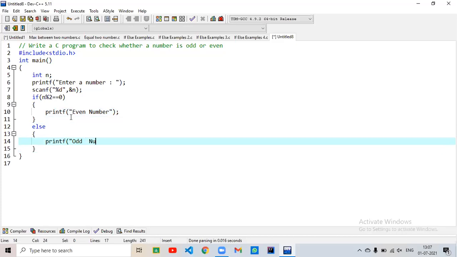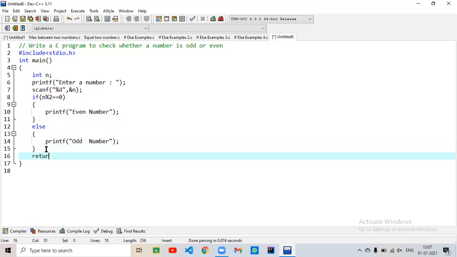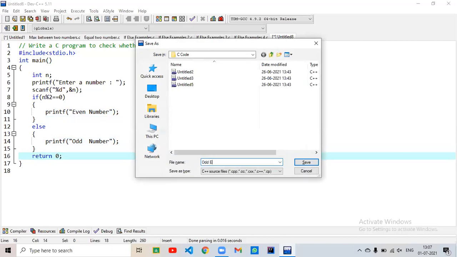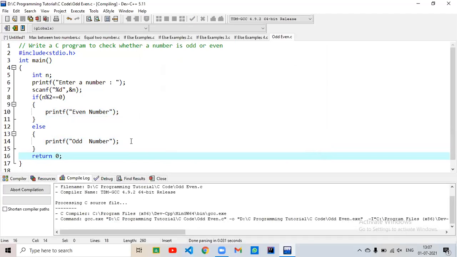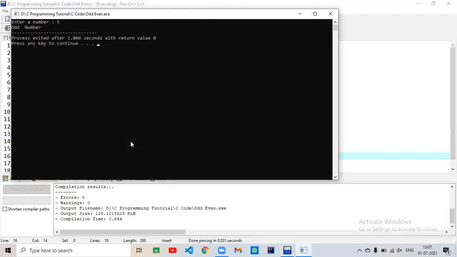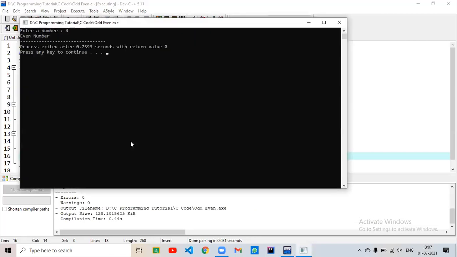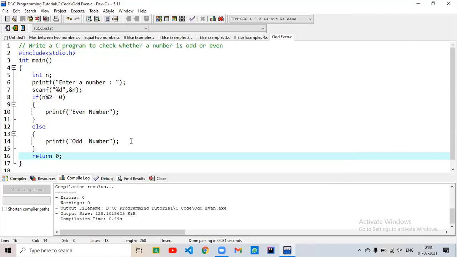Simple. Got it? Now run. 5 is odd and 4 is even. You can see. Did you get it?